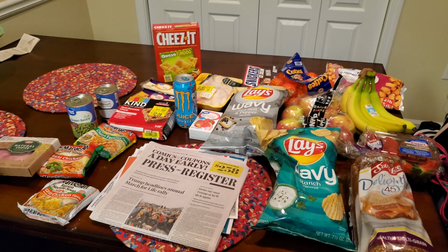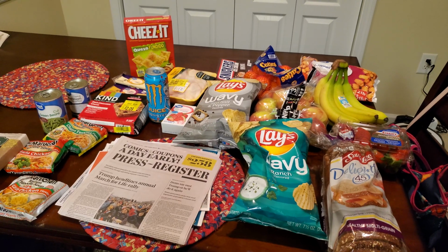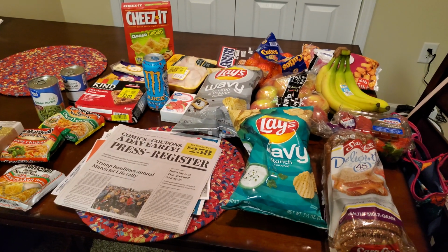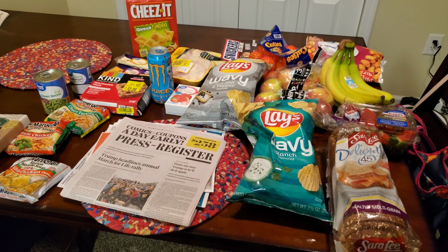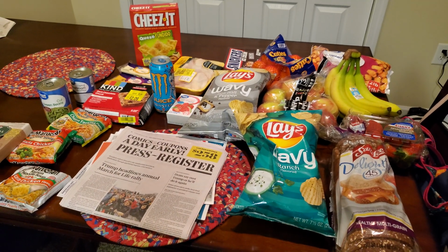So we are doing the Walmart grocery haul. There is no weekly meal plan because I have a weird schedule coming up. It's 11 to 9. So I'll be eating breakfast at the apartment, but then eating lunch, which is going to be sandwiches, and then leftover dinner, whatever we cook up on Sunday will be leftovers for pretty much the whole